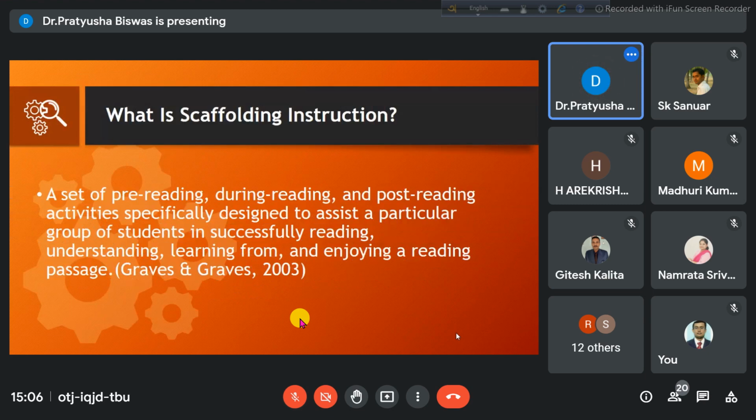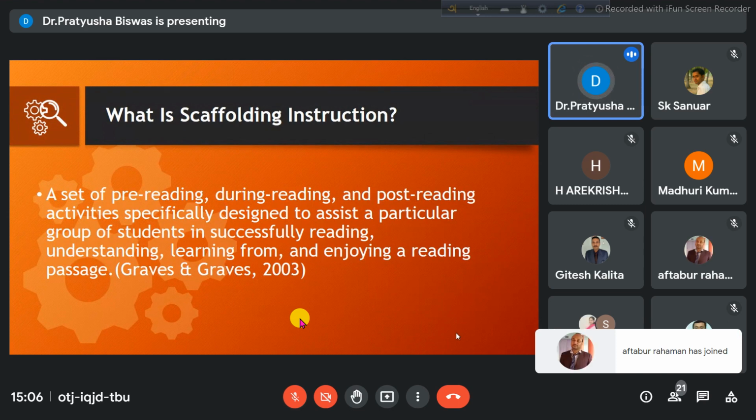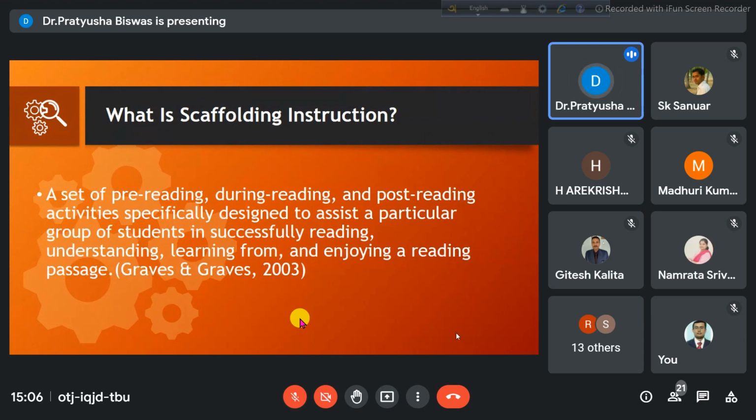Now, we have spoken about scaffold, and you have also seen the handouts in which I have told how the scaffolding technique can be done broadly by a teacher in the classroom, show and tell, and the kind of points I have mentioned. Please read the handouts that I've shared. But what exactly is scaffolding instruction? As teachers, we need to have certain instructional understanding about different tools and techniques. Therefore, when you develop this kind of understanding, you can very easily adapt it and use it in your day-to-day lesson plans and classroom instruction.